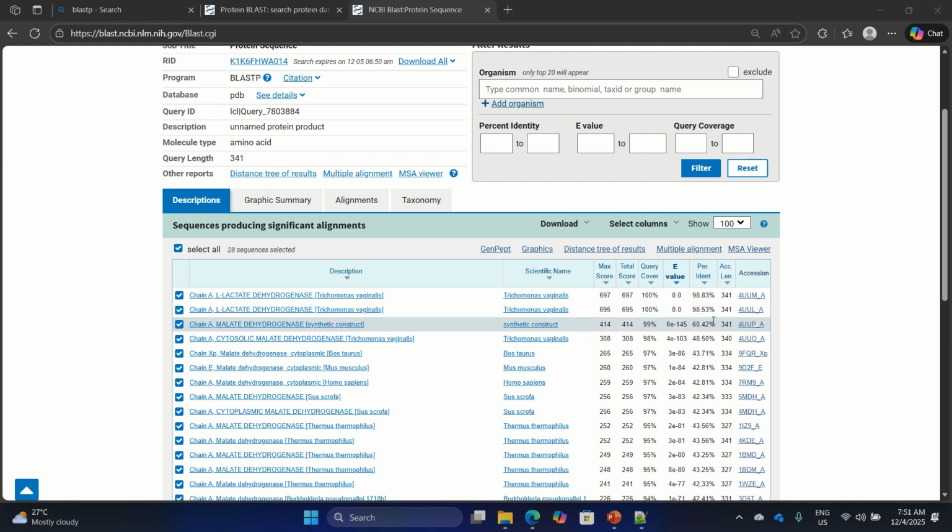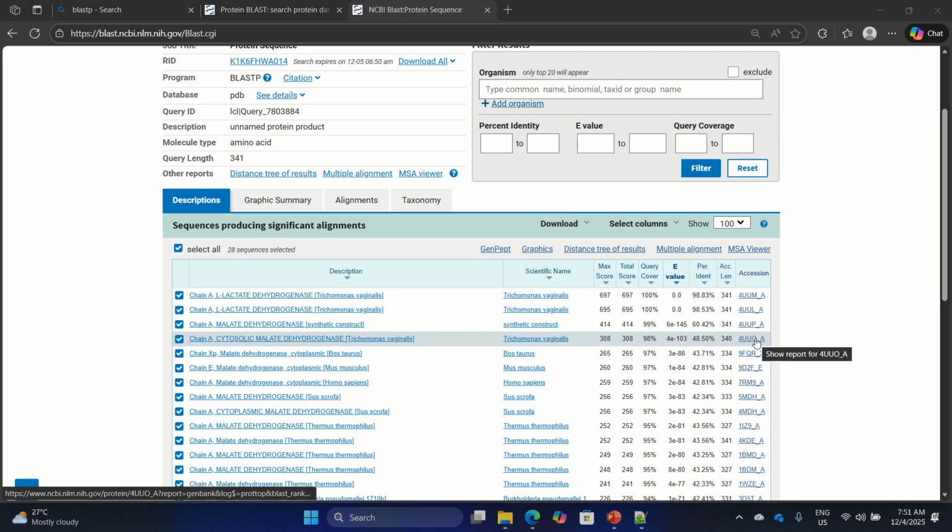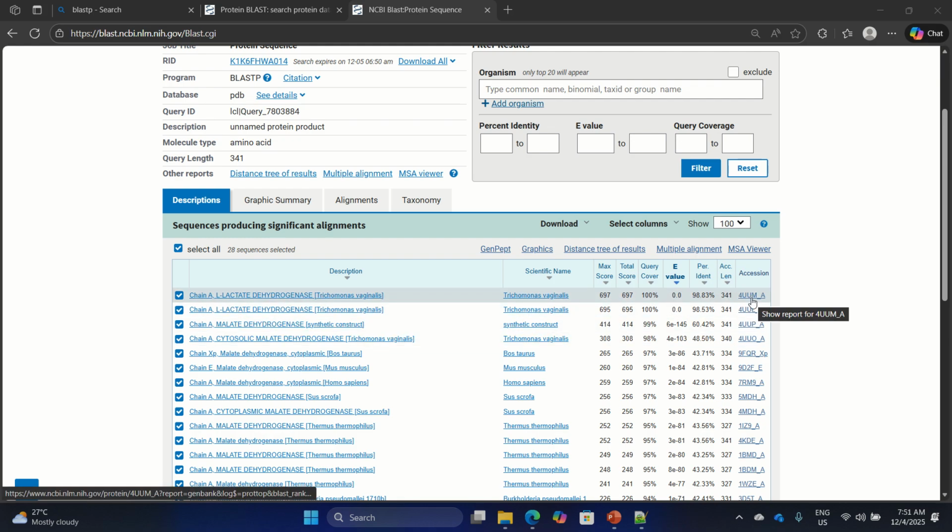We will use the first four top results, even though the percent identity is not so good for the last two. Let's download the PDB file associated with these top four.